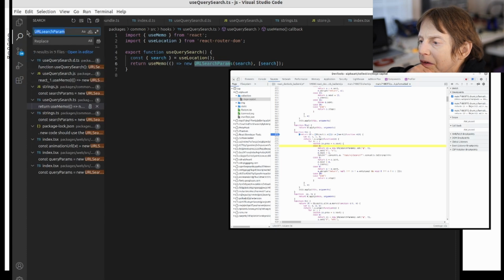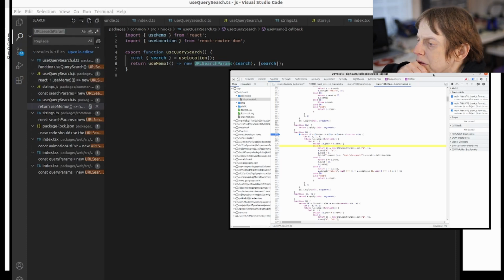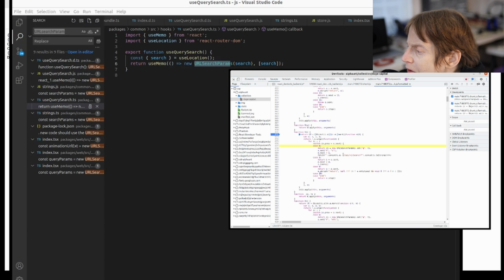And if we look here, let's see if we can find something. The thing with doing it this way, this is in some of the main code,